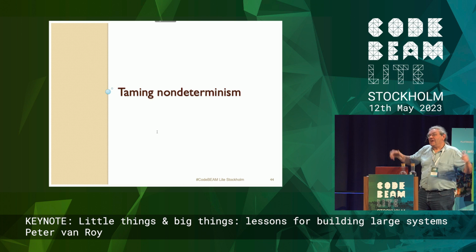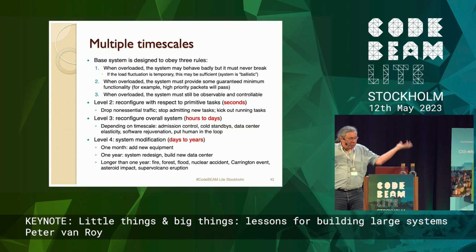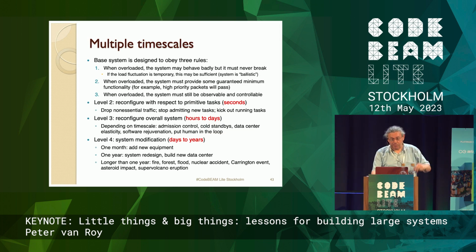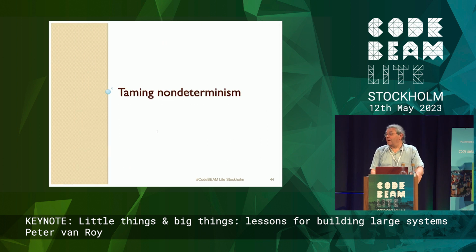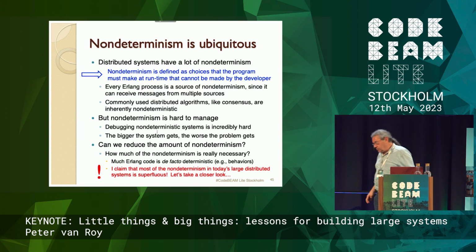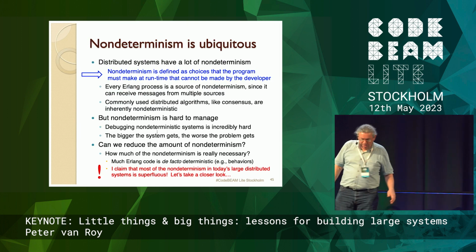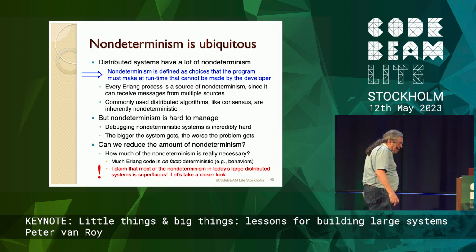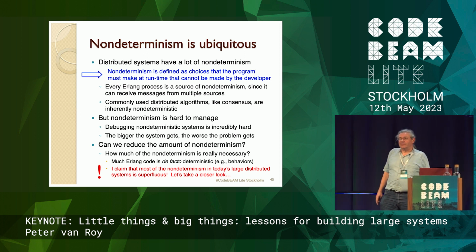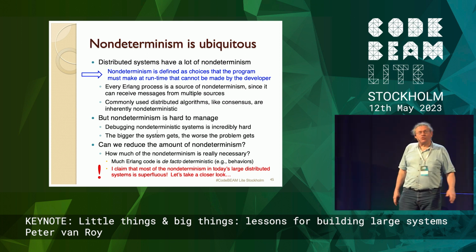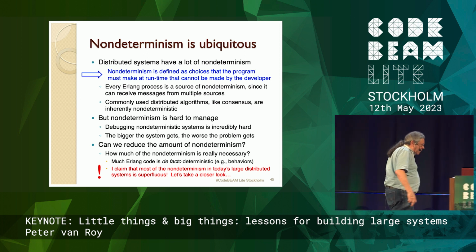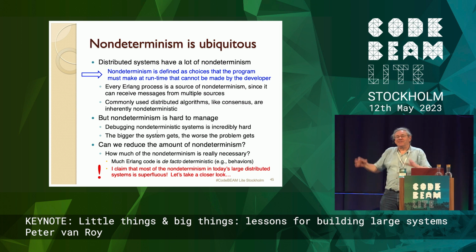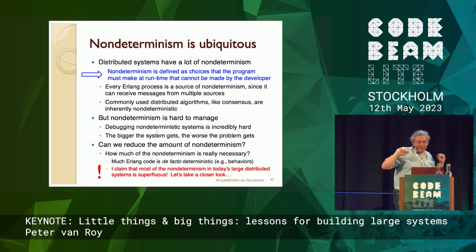So for that, I have given you some intuition on handling temporary and permanent overloads. But I don't know how much time I have, but another one is now a more general problem. The general problem is called nondeterminism. And it's, again, going back to Dijkstra's demon. So you cannot exorcise Dijkstra's demon, but you can limit his range of action a little bit.